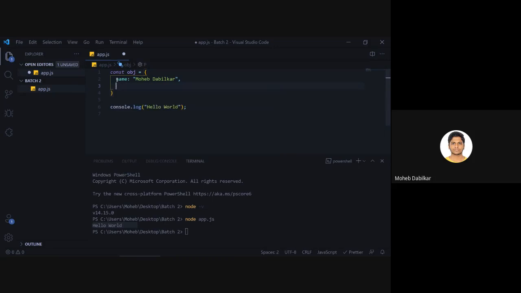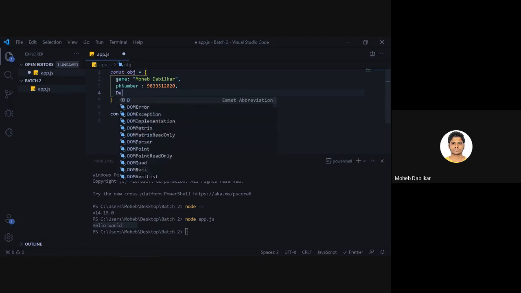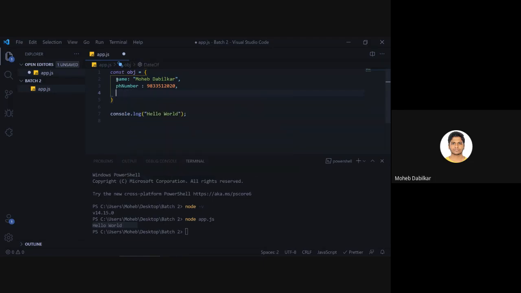So I will say phone number, and then I will just insert the number. So that will be 9833512020. There are many other types, like if I wanted to put in date of birth, let's just call it DOB, then we have to say new Date, and then inside that we will pass in my date.